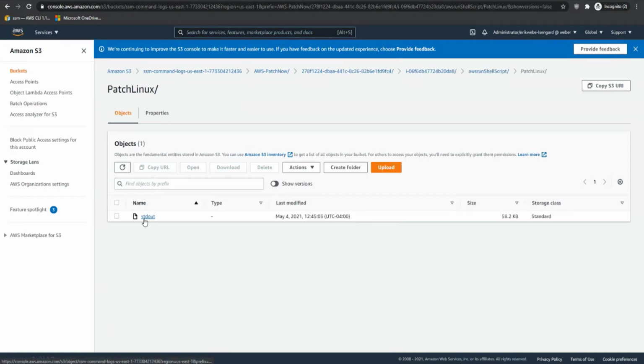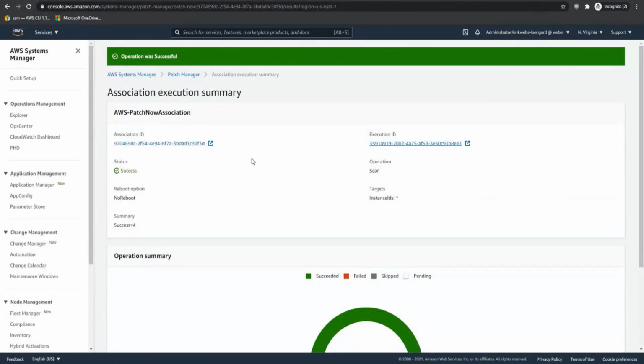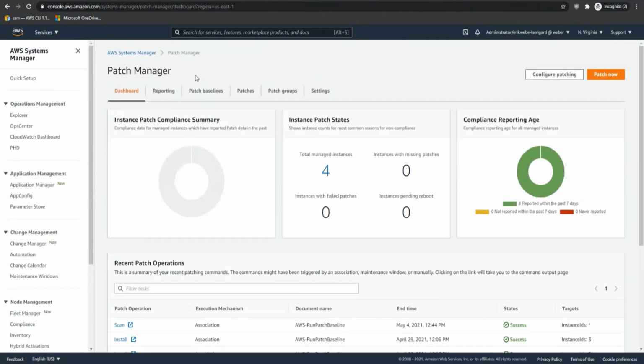Where we can then open up and see the SCD out file. Now, typically, these will only be required for review when we are troubleshooting as far as why a particular patching operation failed. When we're talking about day-to-day operation and normal usage, we most likely do not need to review these log files. Rather, now that our patching operation is completed, we can go back to Patch Manager,